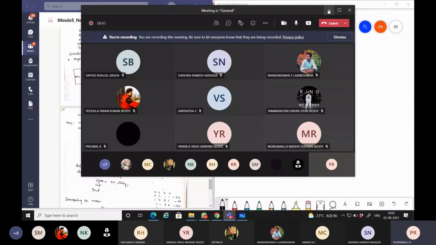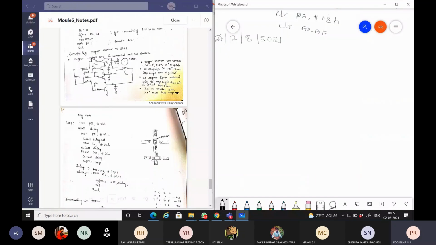The next interfacing board. In the last class, I was discussing the stepper motor. When we consider the stepper motor, let us first try to understand the stepper motor concept. Because when you go for the robotics workshop or projects in future, as a final year project or as a mini project, you will be using these stepper motors often in the robots for left turn, right turn, forward move, backward move to perform certain operations.